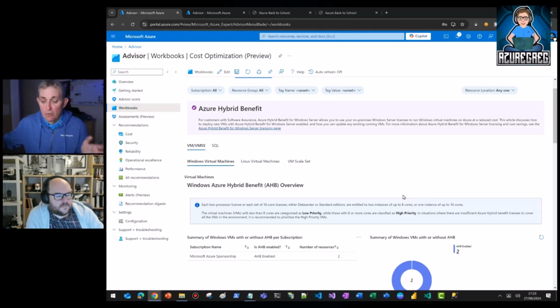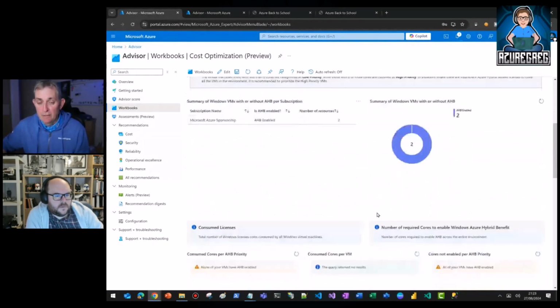Well, if you put an Azure Hybrid Benefit license on a VM, it actually saves you money over that year. It will save you more than the cost of the license. So let's say your VM costs, I don't know, €5,000 for 12 months. You can buy an Azure Hybrid Benefit license for the VM, apply it to the VM, and it reduces it by a certain percentage, which saves more than the actual cost of the license. Right. So here it will tell you,